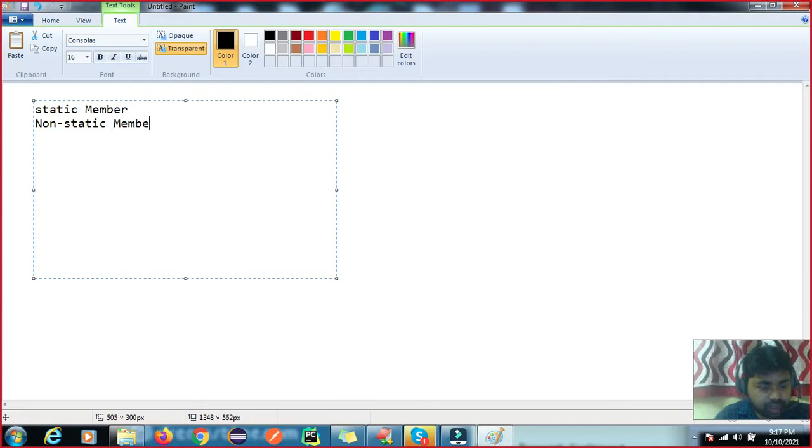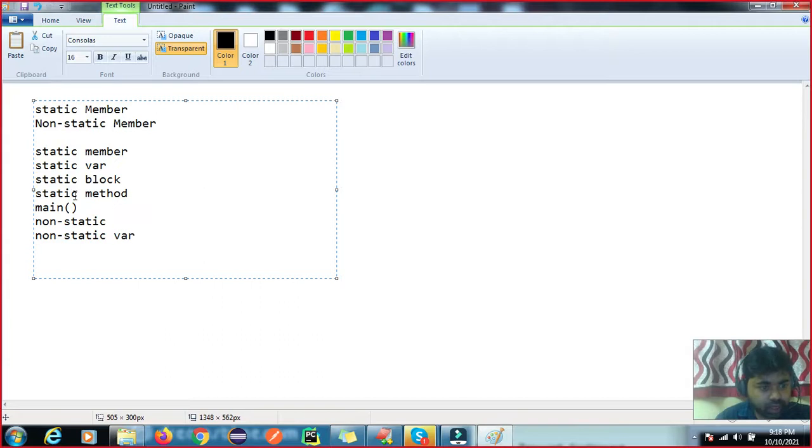Okay, in a static member we have a static variable, sorry, a static block, or a static method, or the main method is also static, right? And in non-static, we have the non-static variable.